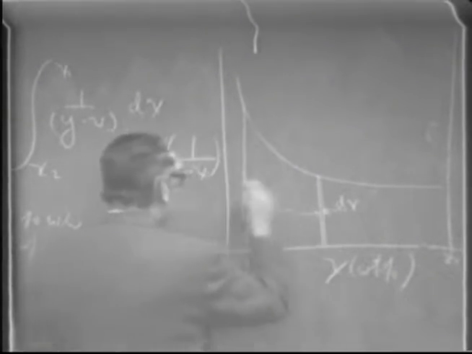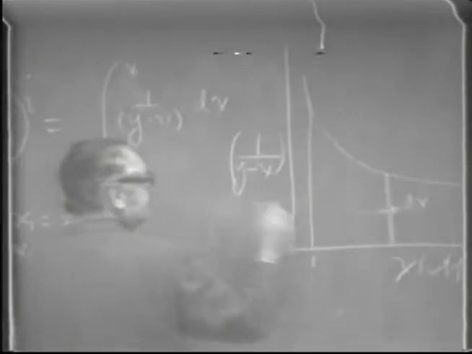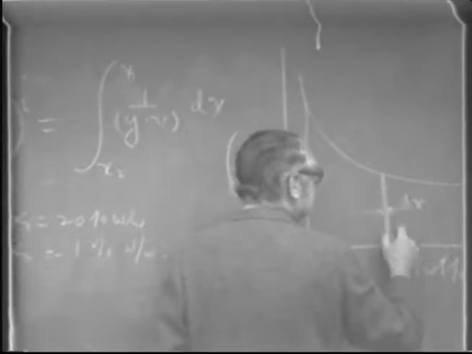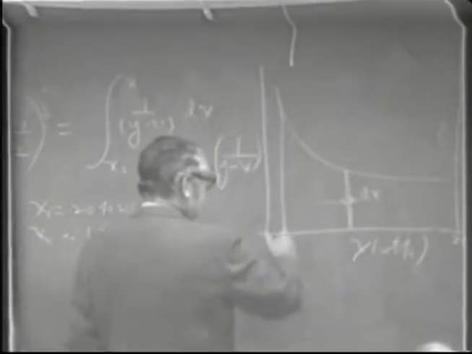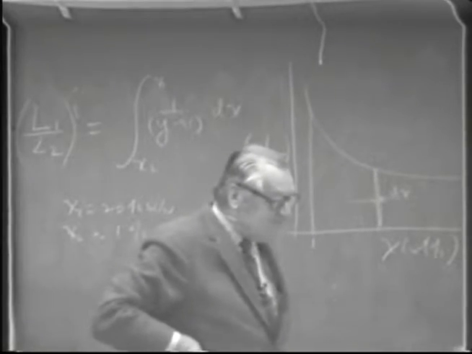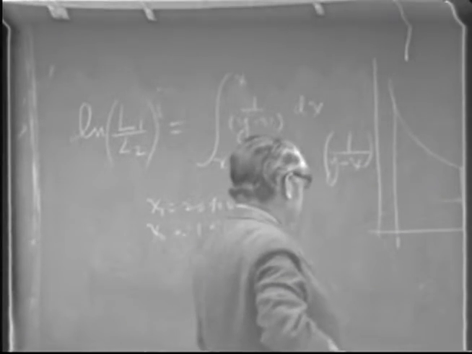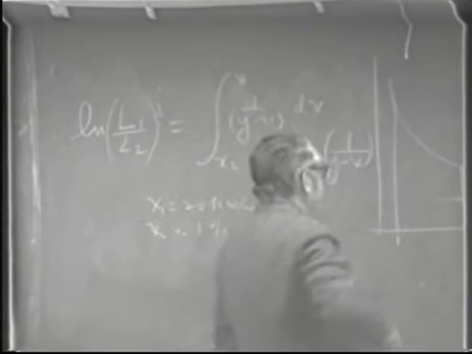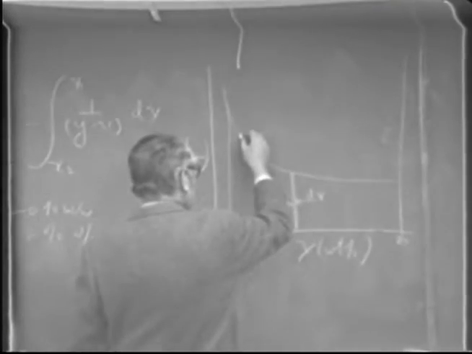So that multiplied by that is what we want to know, but we want to sum it up, so that's what an integral is for, a summation. And so the solution to that then is